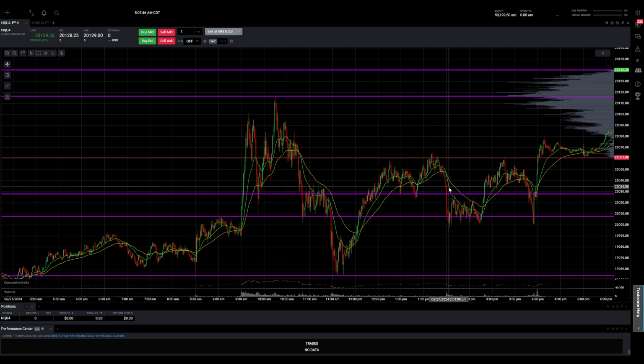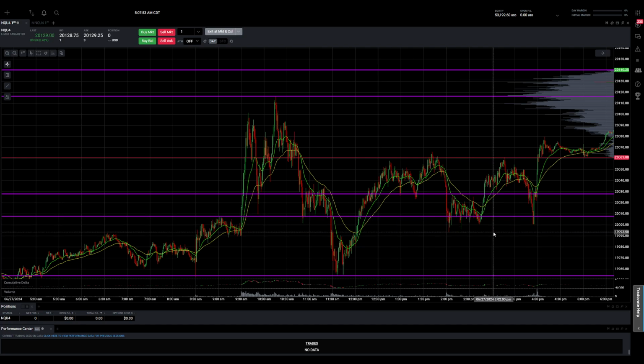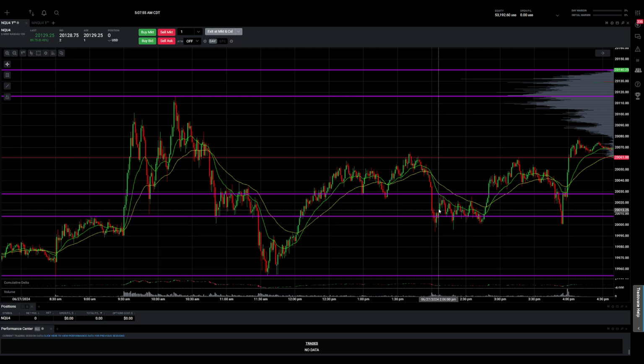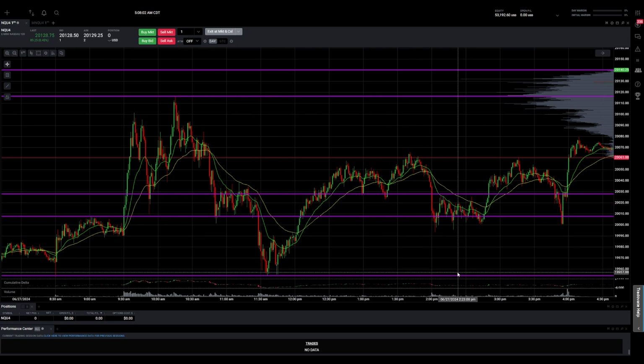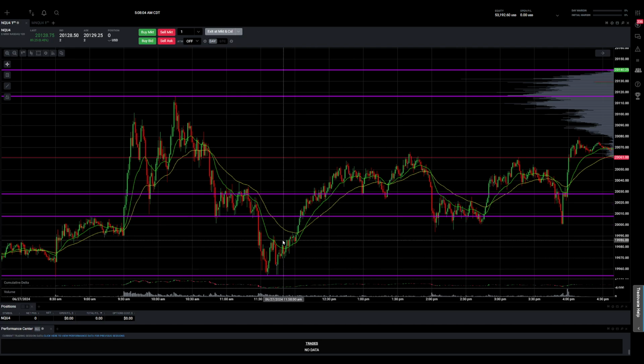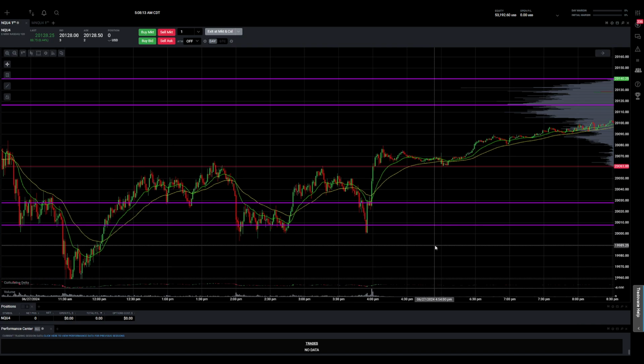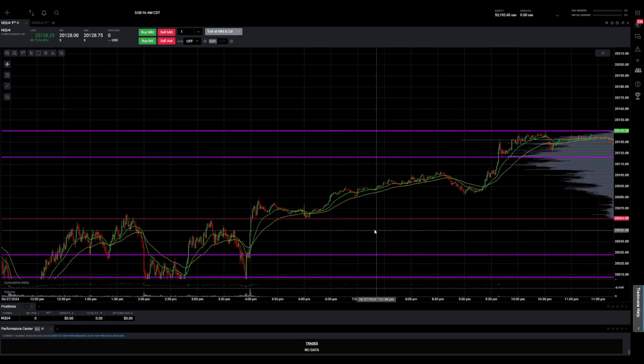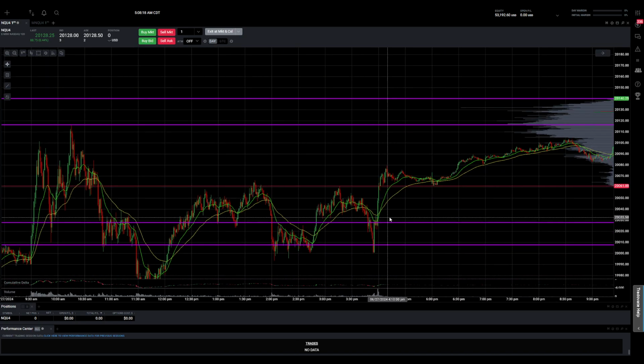So we push above it, we push back down, we take a short, and then over here you take a long, just because it's shooting underneath a little bit, and it came back up right away. I was kind of anticipating it to not push down to this level because we're consolidating here. We're getting a lot of buyers and sellers in here, so it's very equal amounts of that. So the market started pushing higher and higher and higher, and this was the overnight until